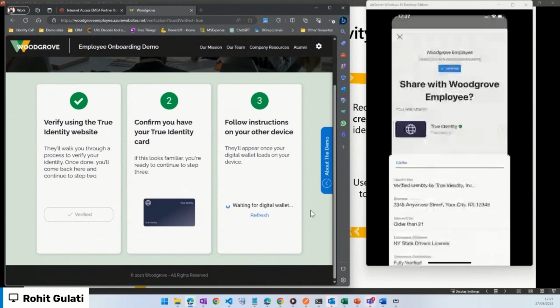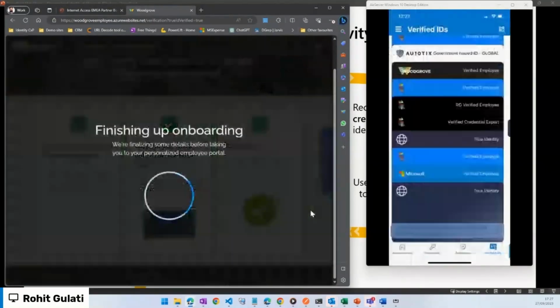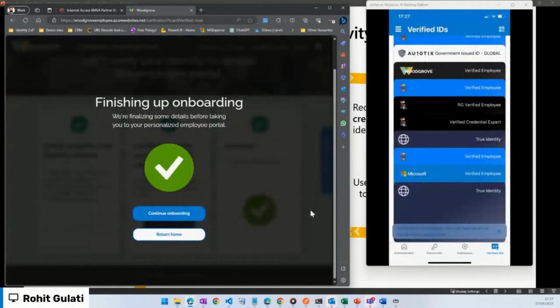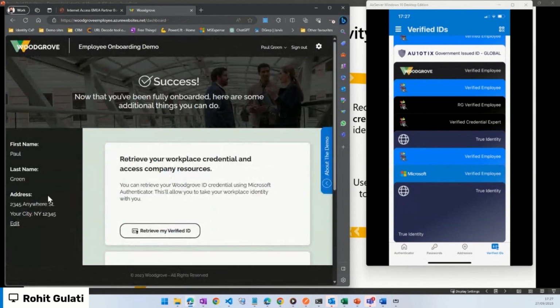Again, click on confirm, and I can click on share. So the user did an acknowledgement that I'm okay to give this credential. User has given the confirmation, and you can see the application in the background within a flash accepted the credential, took the claims, and when I click on continue onboarding, you can say that the user details were taken from